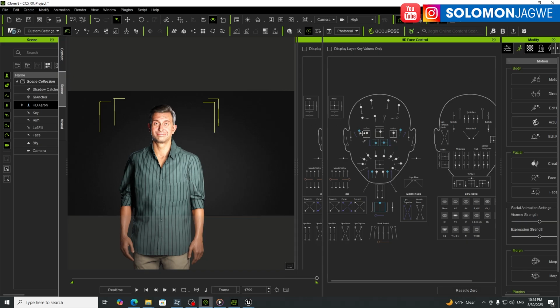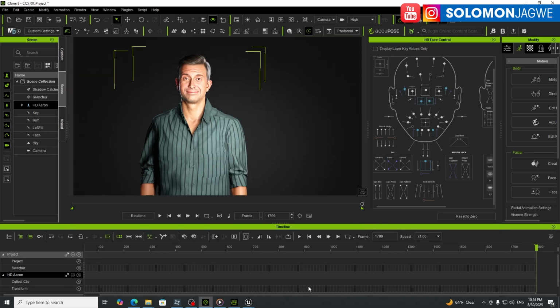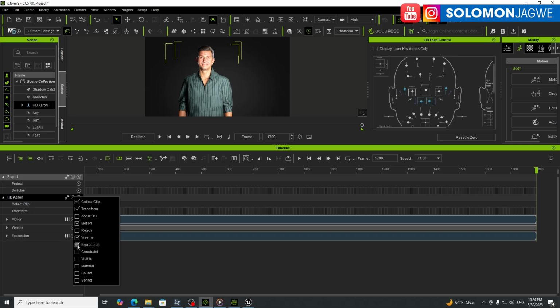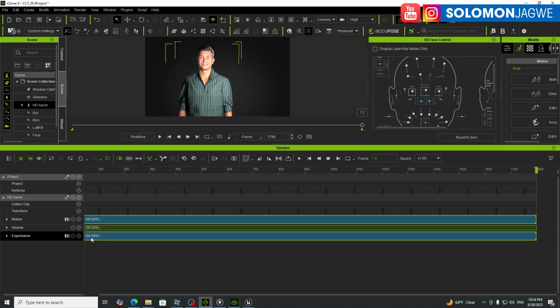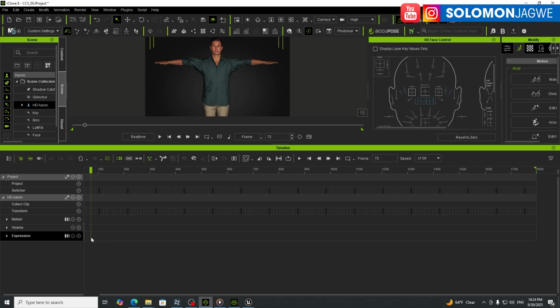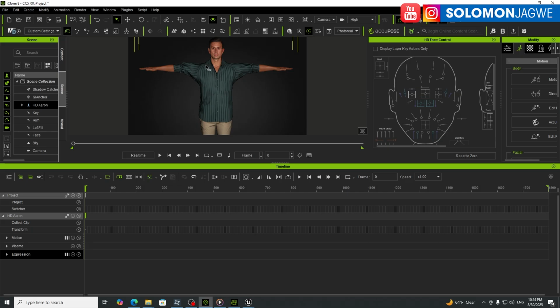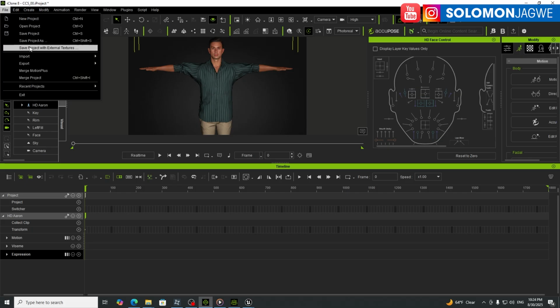And right now, I'm just going to bring up the timeline because I want to remove all the animation, the facial animation on Aaron over here. So let's go to Visime and expression, and we're going to delete the facial expression. And I'm going to rewind. And then make sure Aaron is selected. I'm going to go to File. I'm going to go to Import